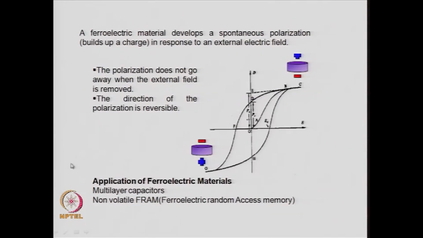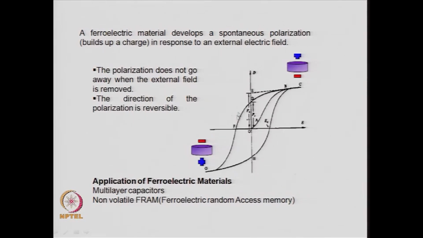But when the spontaneous polarization is there without the presence of the field, suppose you have this plot, this is called a hysteresis loop for a ferroelectric. At 0 field also, if you have a value for the polarization, then you normally call it a ferroelectric. So, a ferroelectric material